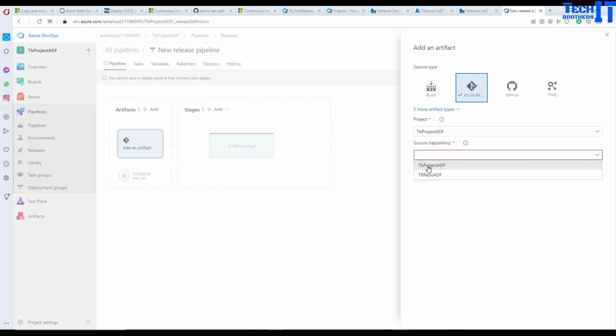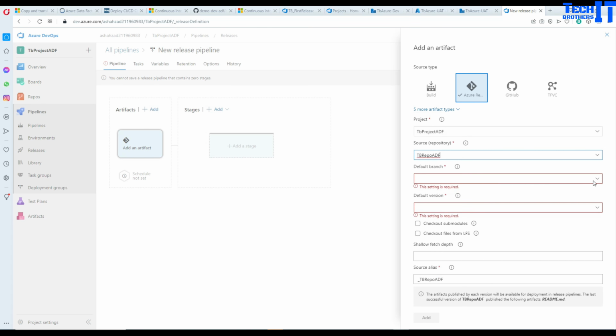One was created by default, so we are not using that one. We are using TbRepoADF. Once we do that, it is going to give you all that information. But you have to select that. In the default branch, if you remember, we have an ADF publisher. That's what we need to use